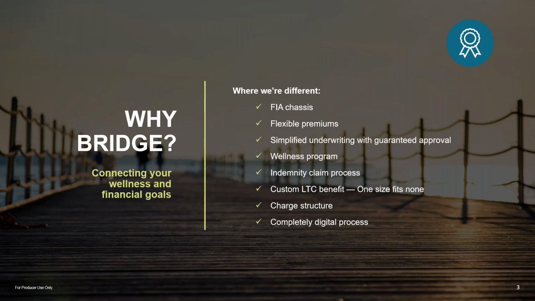Customized LTC benefit. We phrase it as one size fits none. What we mean is the client's not necessarily putting in $100,000 and we're going to double or triple their benefit amount. Instead, based on the client's age and their underwriting class, you and your client will have the ability to put together what we call a customizable coverage ratio. I'll go through some examples in a little bit that show sample coverage ratios based upon age and underwriting class. So it's great if you've got a client or prospect who likes the idea and wants to get as much long-term care benefit coverage as they possibly can based upon their age, because you absolutely can maximize that coverage ratio.